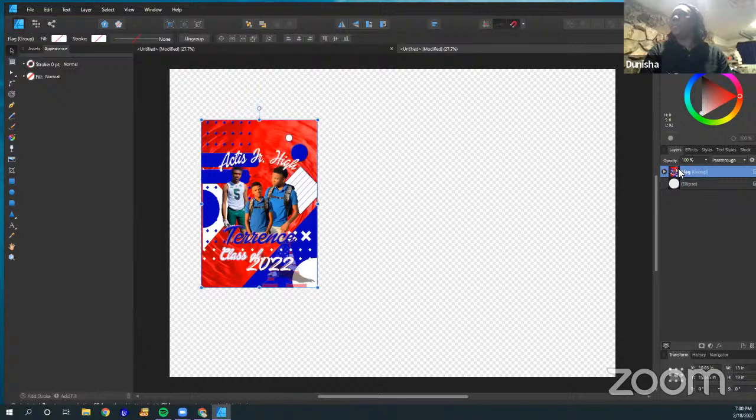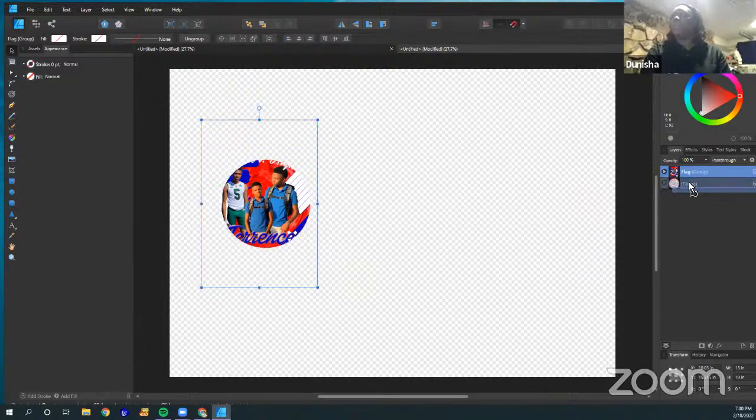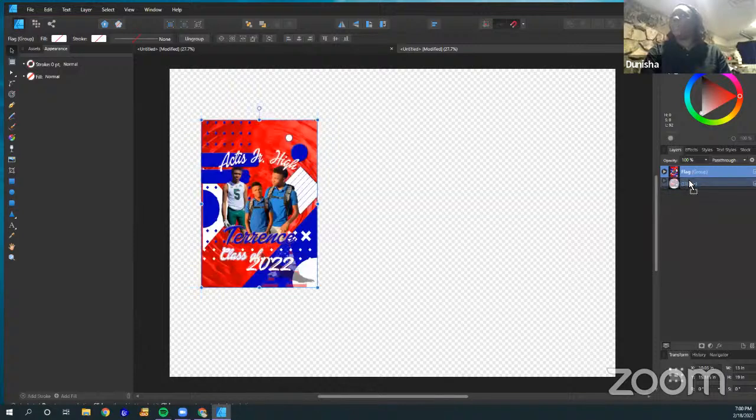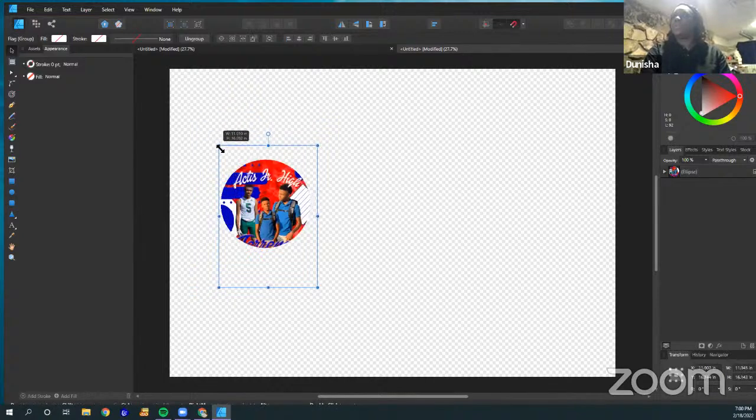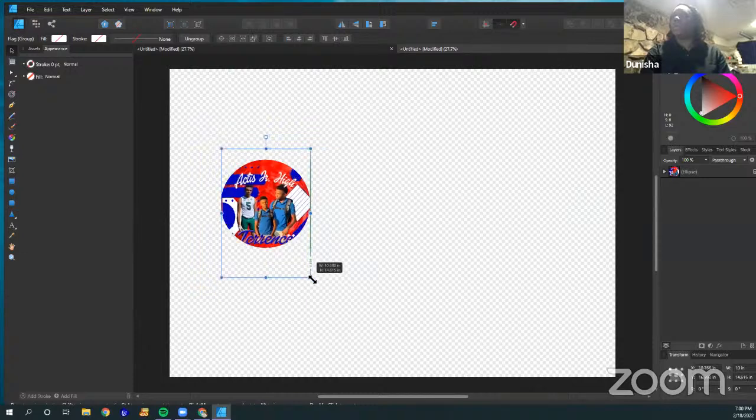So normally, if you go down below, you see the long rectangle, and then if you move over, but I found a little shortcut, or what works for me. If you just grab the layer that you want to grab, and then just go to the name of the layer that you want to put it inside of. So I put it right on the name Eclipse, and it just goes right inside. So now let me adjust this to fit so nothing is getting cut off.